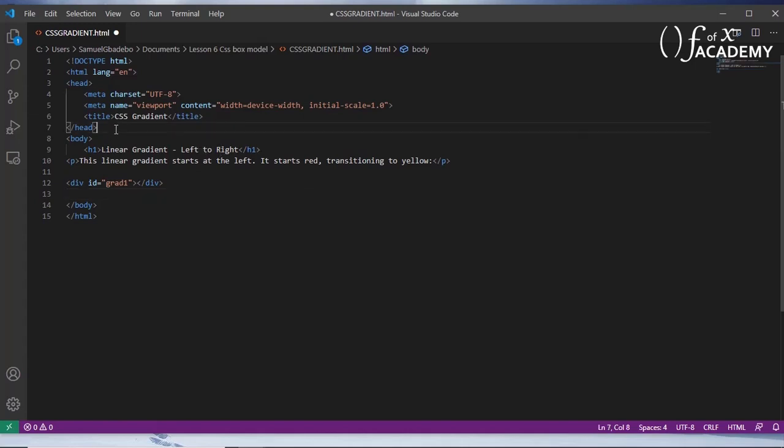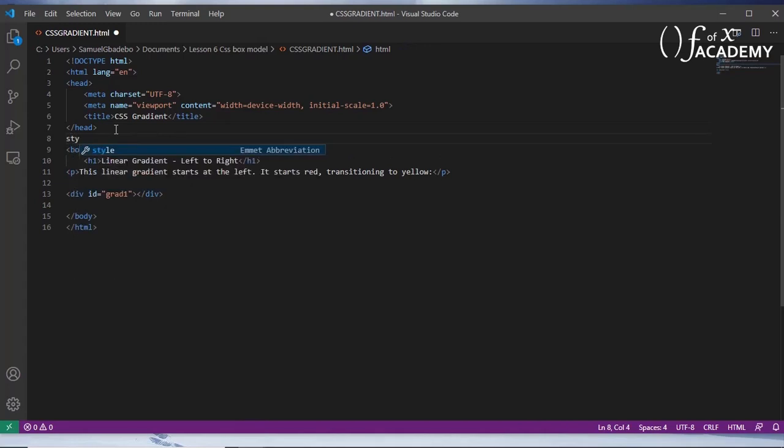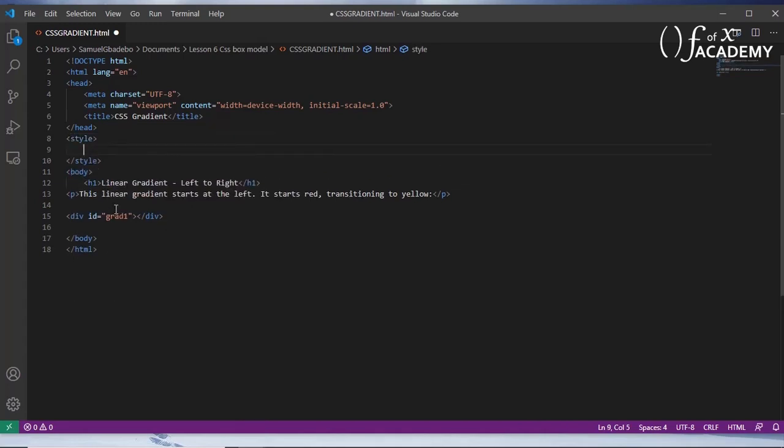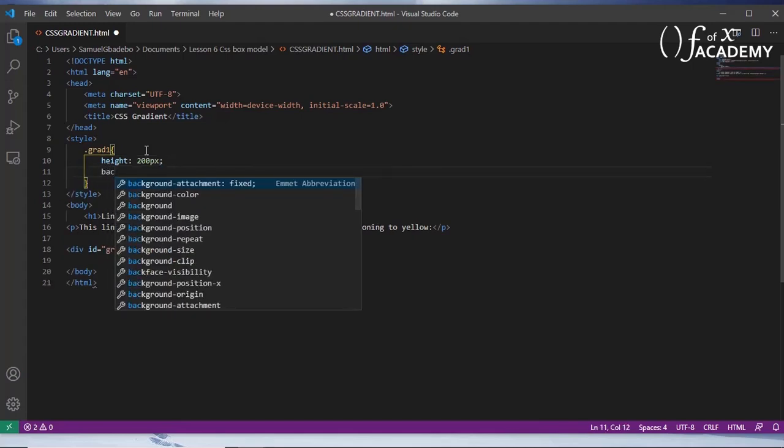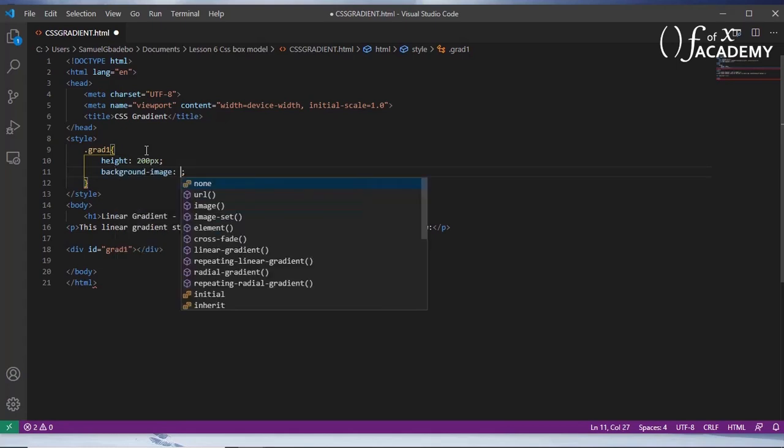Now let's create our style. As you can see, we are going from left to right. Say grad 1. Let's just give it a height of, let's say, 200 pixel. Let's give it background image of linear gradient